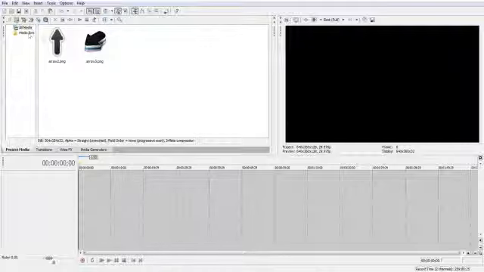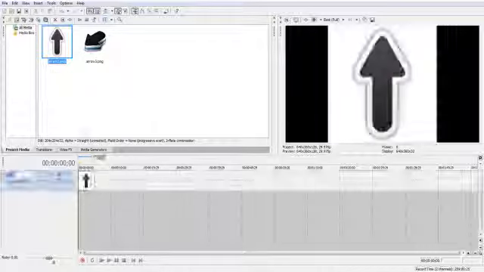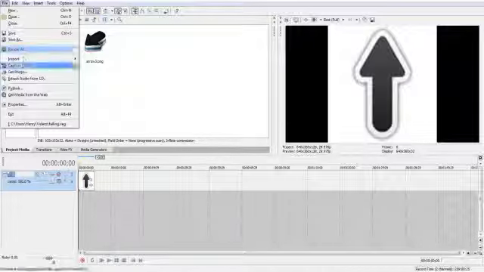So there should be an icon around here if you have versions up from Vegas 8, Vegas 9 and plus, and it will be render as, or save as. But on here you just have to go file. Can't find it a minute. Render as, wherever it's gone. Yeah, there it is. It's just not highlighted because I've got no clips. If I just drag in that clip again, file, render as,